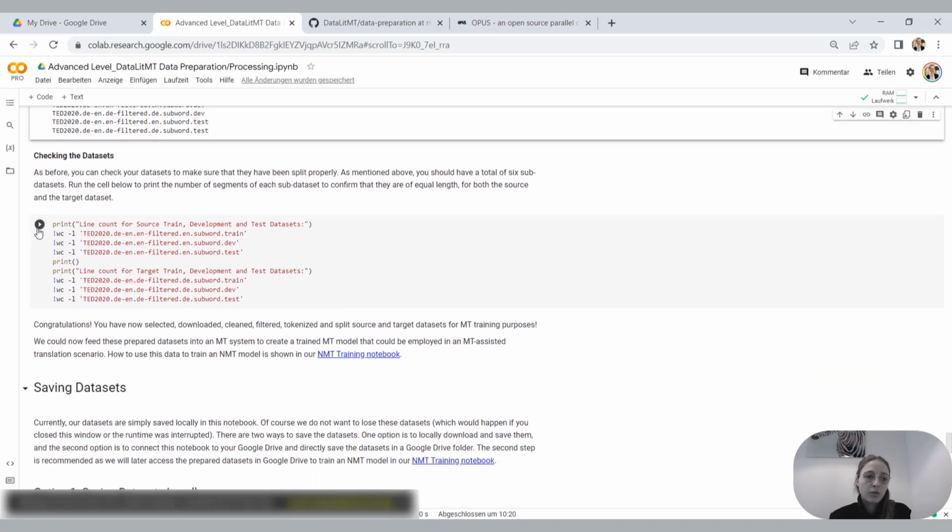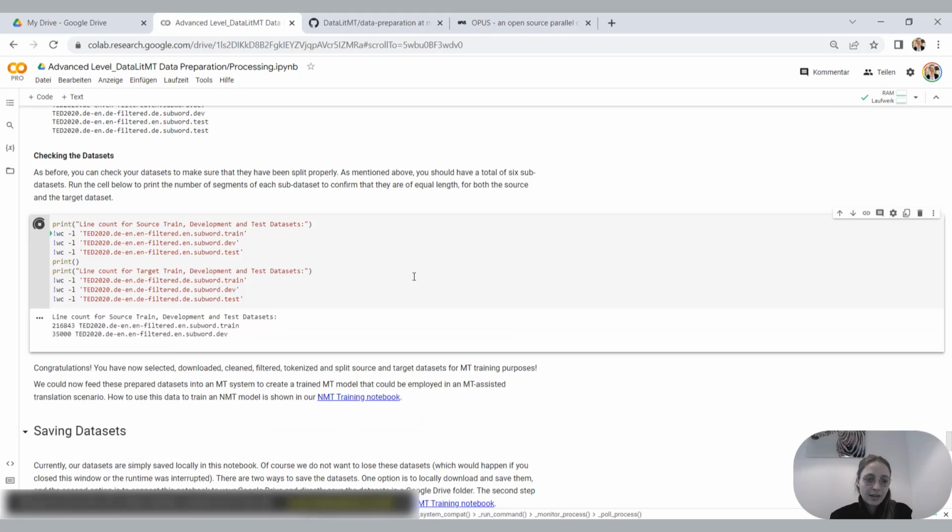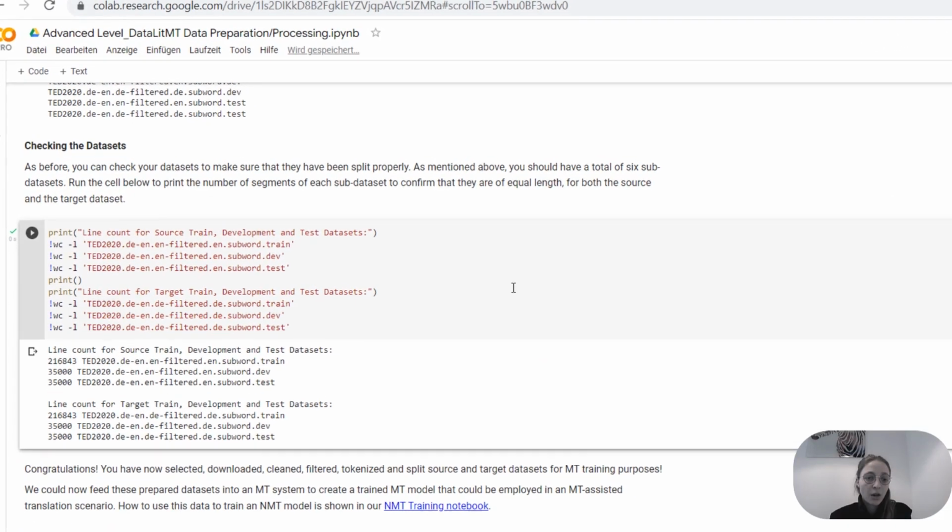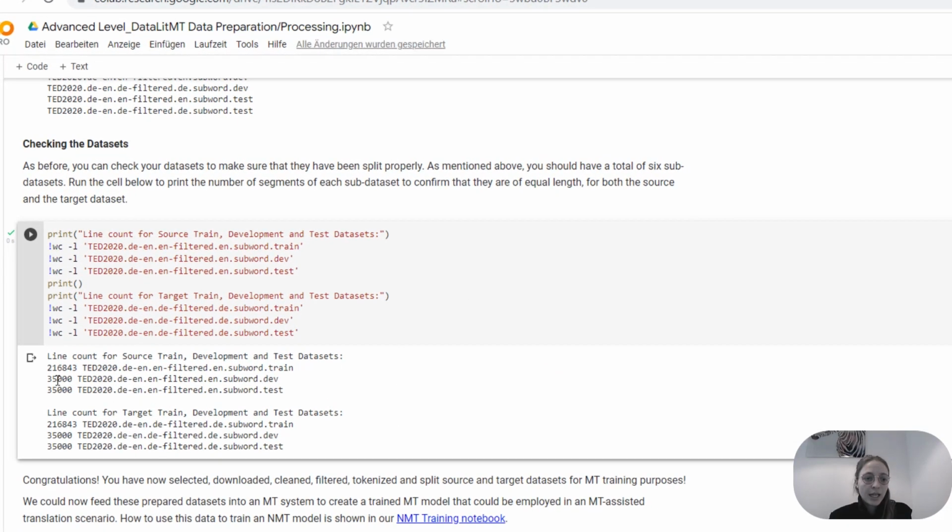So we're doing a count, a line count or a sentence count, and we can see down here that the development and the test datasets both have 35,000 lines, segments, as we've defined, and what was left over has been written to the training dataset. So 216,843 was left over, so that has been written to the training dataset, and that is around 70 to 80%